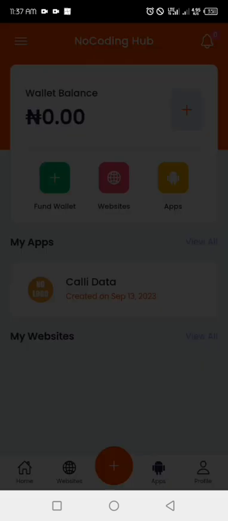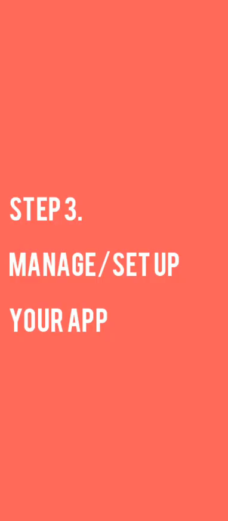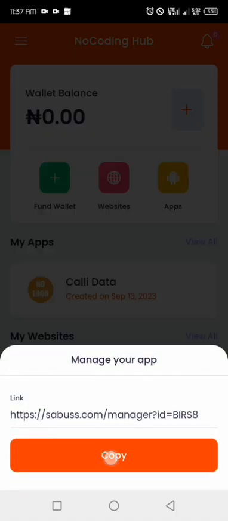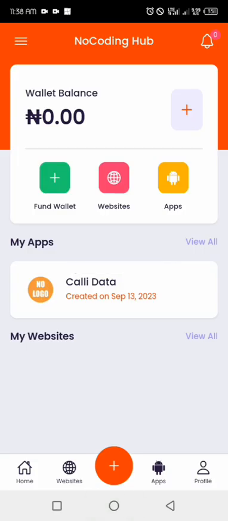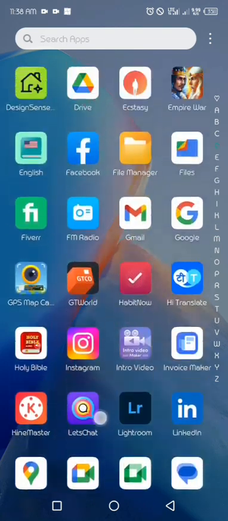Okay, so once I click on my app, it's going to show me the list of actions I can take for the app ID, downloading the app, or managing the app, which leads us to our next step. The next step is to manage your app. So you click on manage your app, you copy the link that you're given, and this is where we need our Google Chrome browser. So once you head on to Chrome,